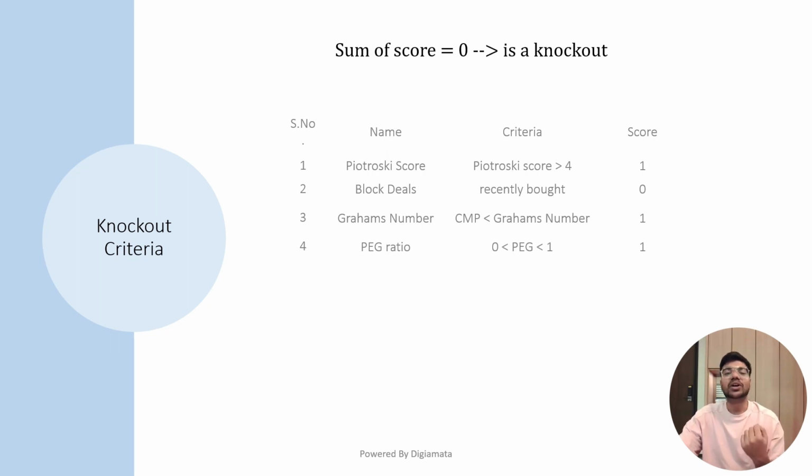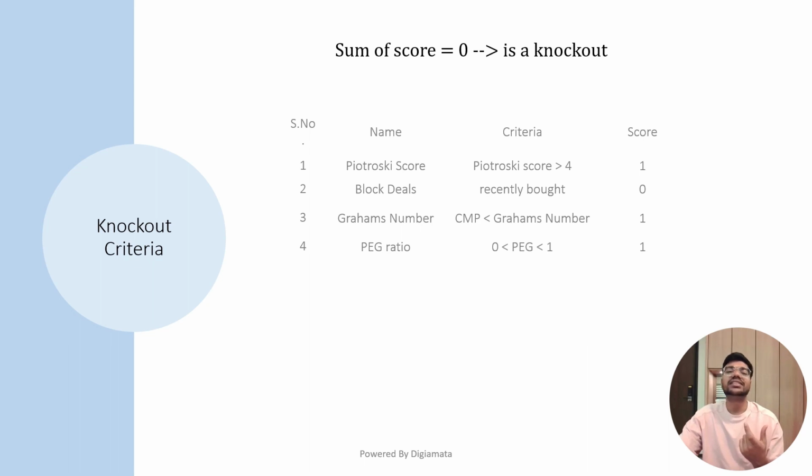The second is your block deals. Now block deals is something which happens in blocks. What blocks means is that it happens in large quantities, and suppose a share is sold above a particular quantity, then it has to be notified to the SEBI, and SEBI has to put this information in public. Now there could be two things. One is block deal and the other could be your insider trading. Both of these have to be notified to the SEBI. This is our second parameter.